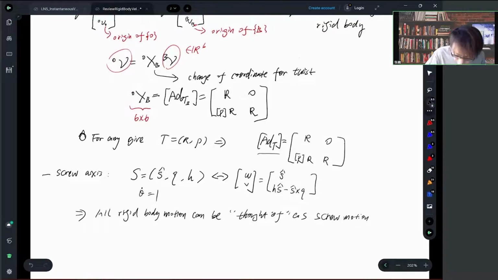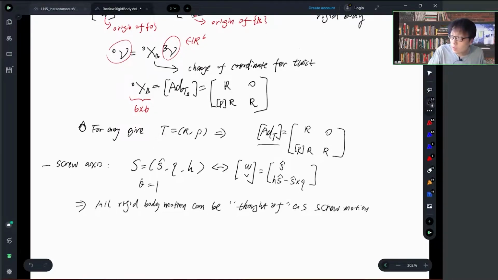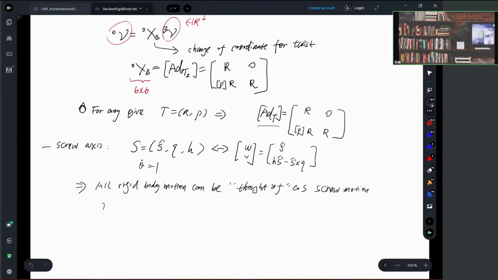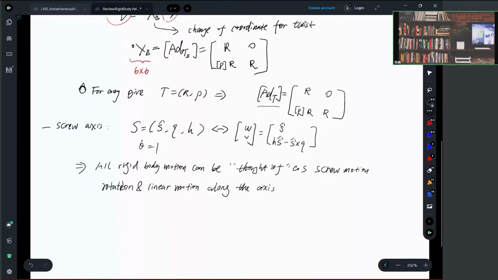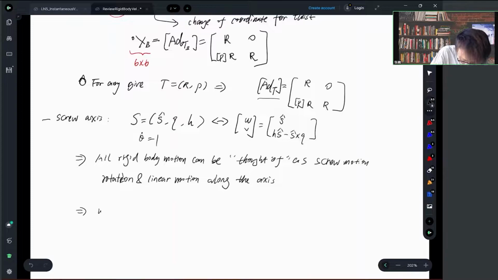It just rotates and also travels linearly along the same axis, right? It's rotation and the linear motion along the same axis, along the same direction. And we typically write